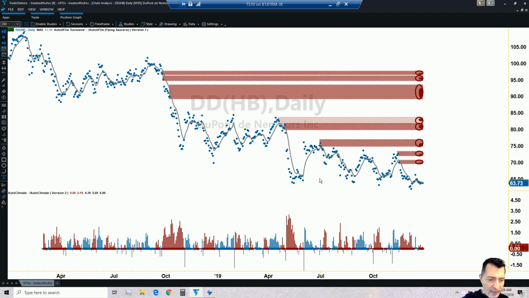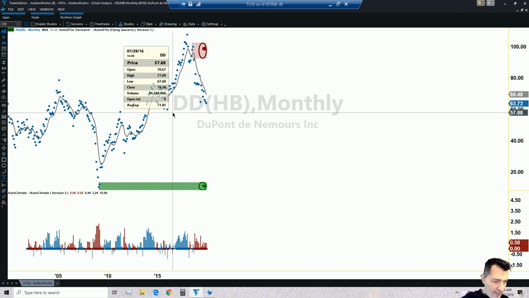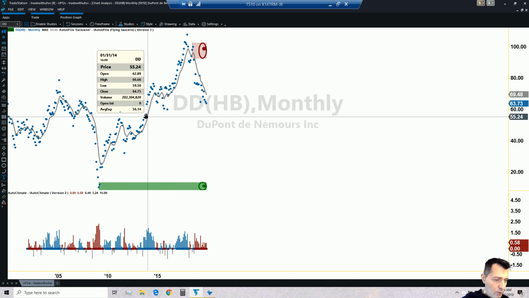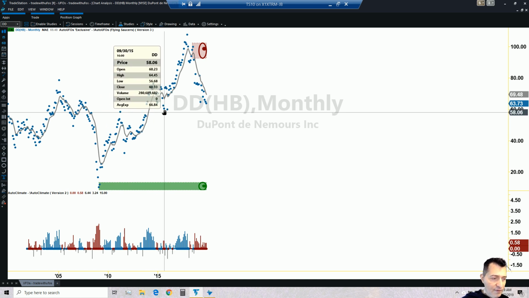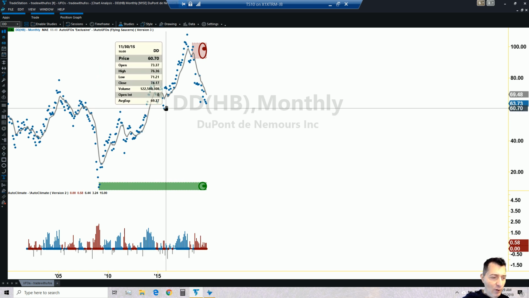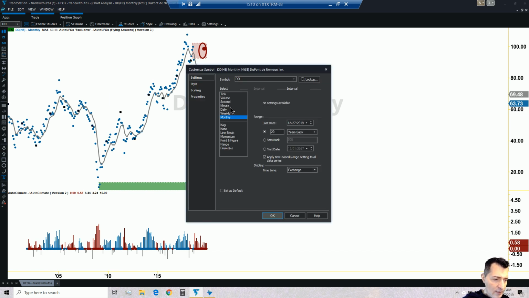Okay, we don't have anything green at the moment in time, which may mean I need to load more data. Okay, so I'm looking at the monthly time frame, and the monthly time frame would suggest that we may need to load data all the way to 2015, September 15, and if not, we need to go back all the way to 2013. Okay, so to see the data below price. So I'm gonna go ahead and first load data using the daily time frame. I'm gonna load data starting